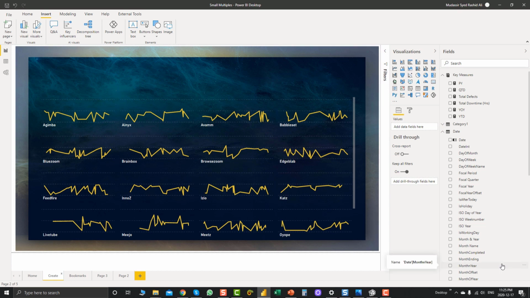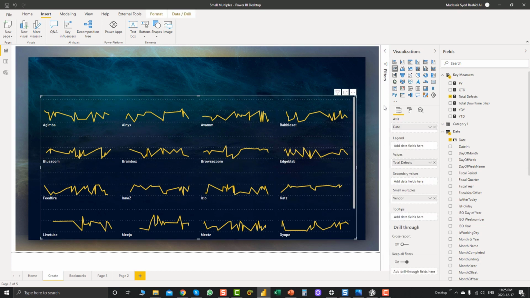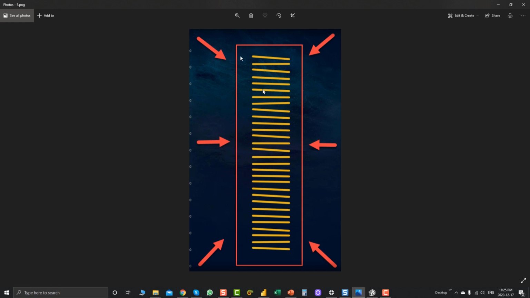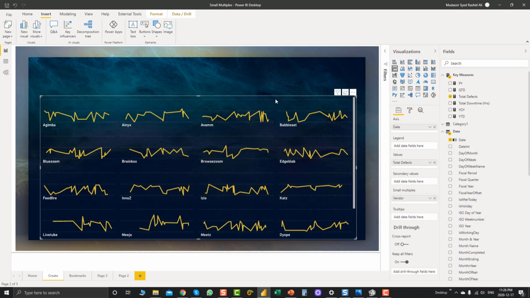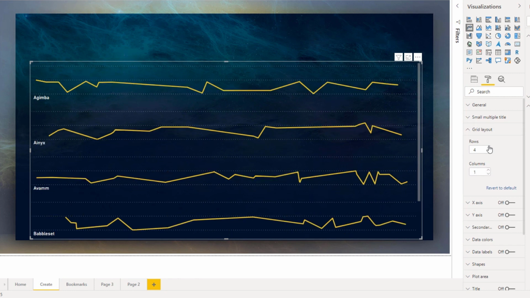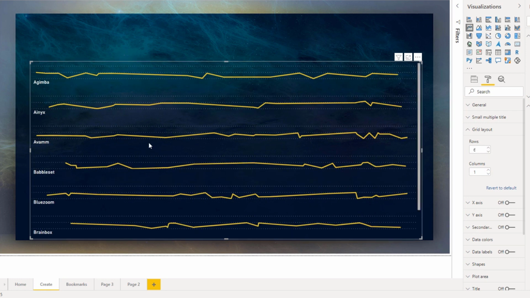Yes, there is also one limitation. For example, if I wanted to show the small multiple visual in this format, for example, one column and most of the data points on the y-axis, I cannot, because the maximum number of rows we can show are only 6. So if I decrease the columns and I increase the row size, I can only get 6. That is pretty disappointing. And if we could get most of the category on the y-axis, it could have been